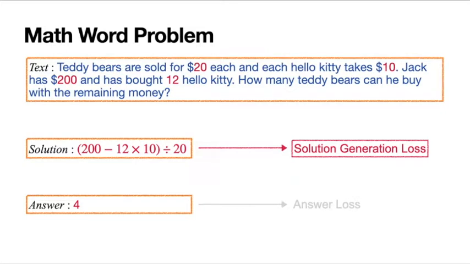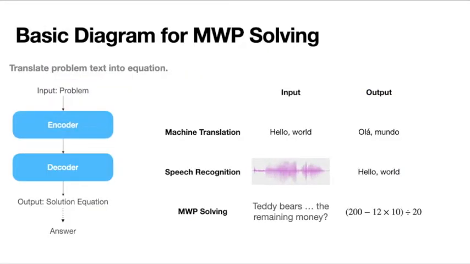More exactly, these methods are based on the deep generative network composed of encoder-decoder architecture. The encoder encodes the problem text into latent embedding, and later these latent embeddings are fed into the decoder to generate the solution expression. This is similar to translating problem text into equations, which shares the manner with machine translation and speech recognition. As is shown here, they deploy a single decoder and fit to the only solution expression given